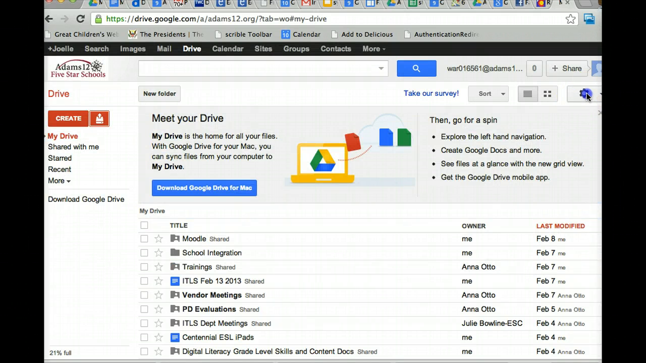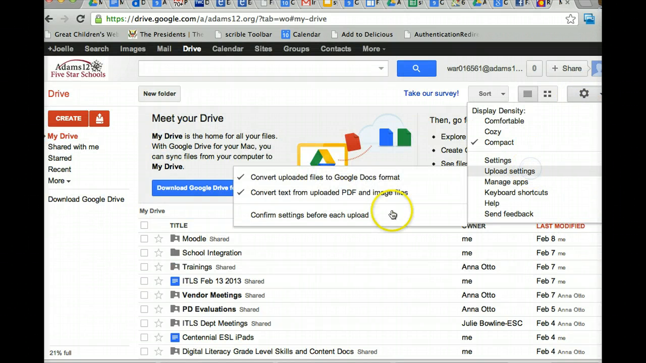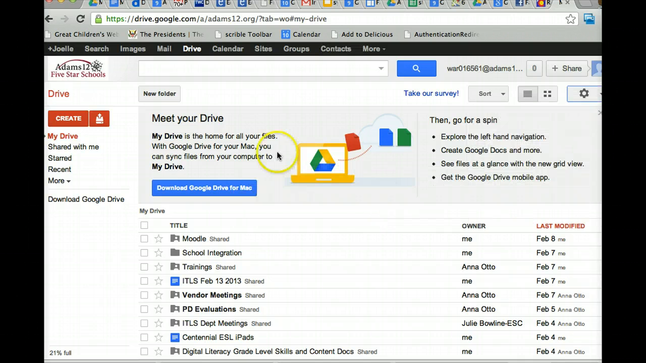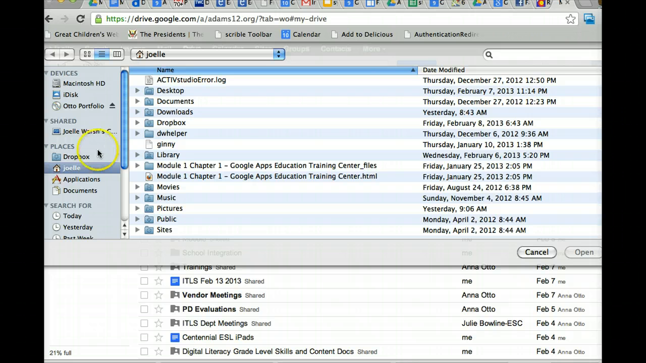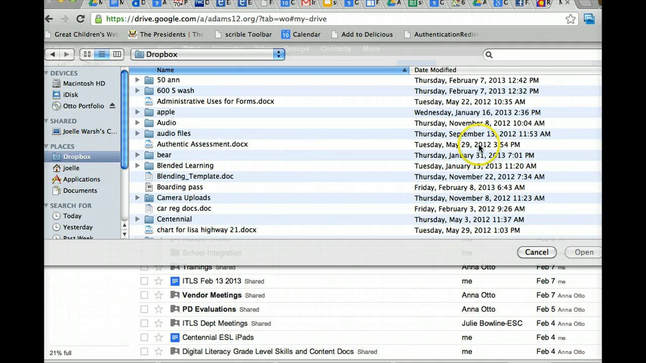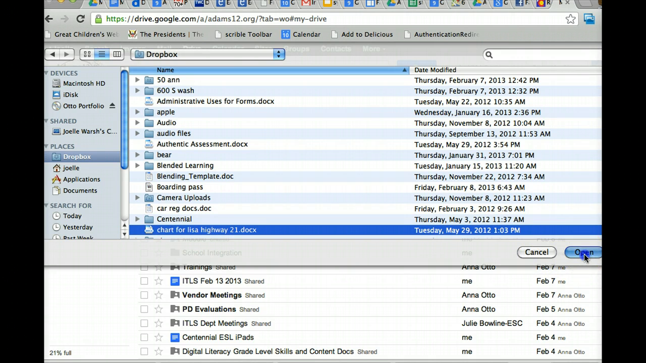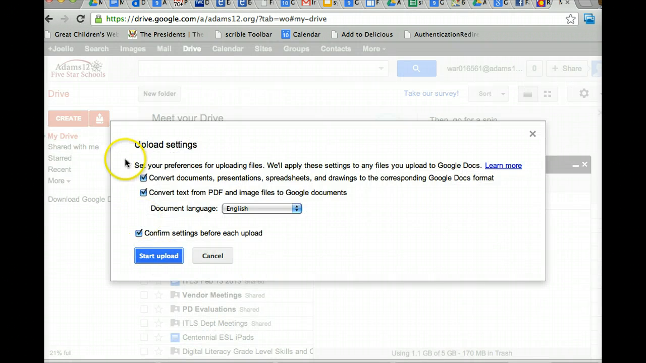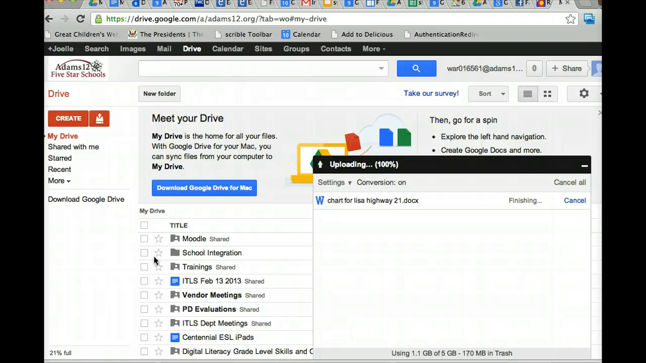I don't like that. I like to be reminded, like, okay, I want it to confirm the settings first, because what if I'm uploading some Word document that has a whole bunch of formatting, and I'm worried that it's going to look funny. So I want to pick it, and I want to decide if I want to convert it. So if I convert, then you click Start Upload, and it's going to show you right here, and it says